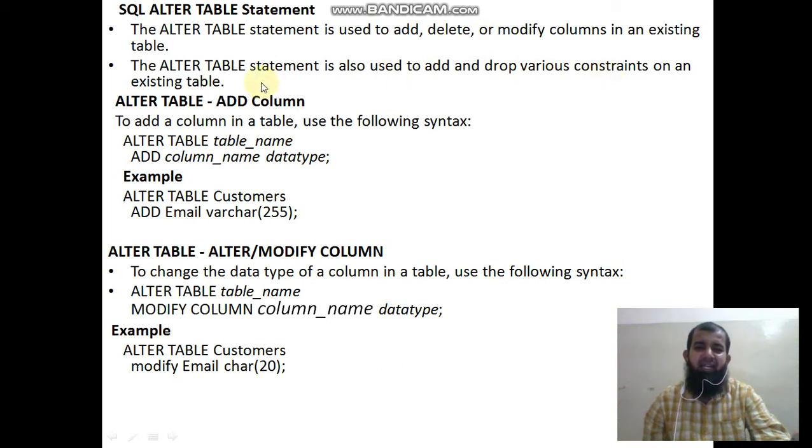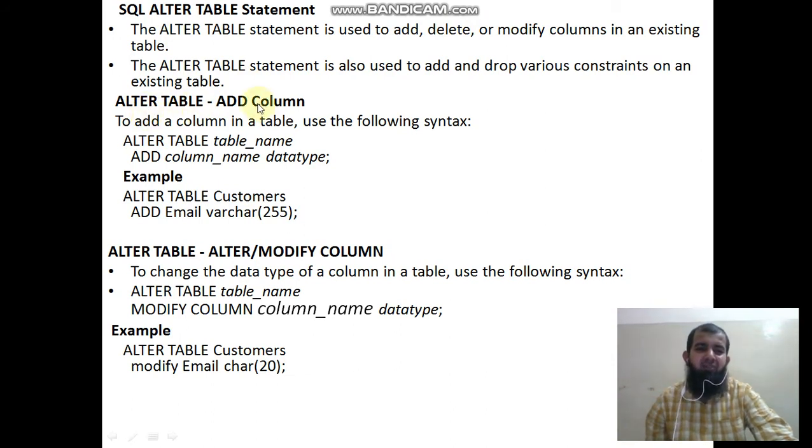So the alter command is used for many purposes: to add, delete, modify columns, or sometimes to add and drop constraints also.